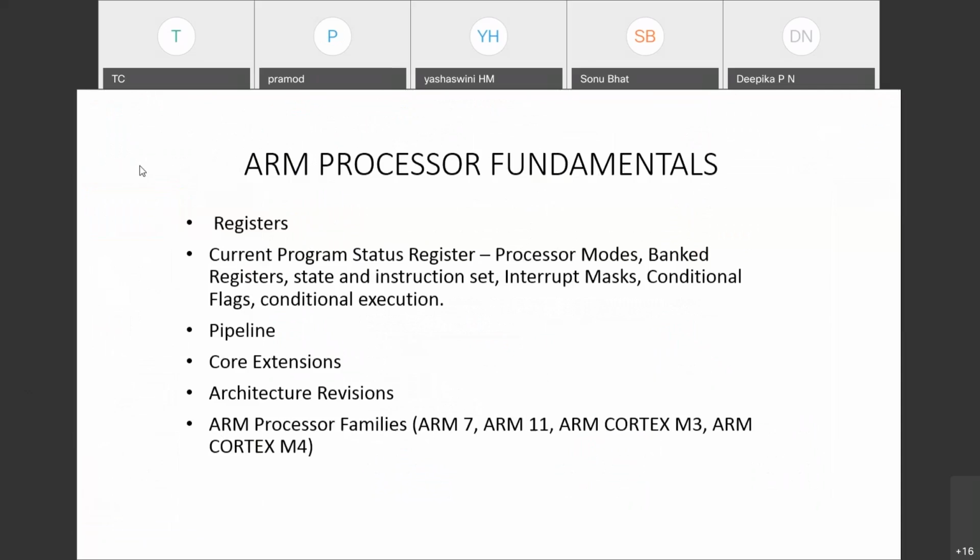We started with ARM processor fundamentals, and we have clearly seen all the different types of architectures, and the differences between RISC and CISC architectures, RISC in detail, and ARM processor in detail. That is the RISC design philosophy, the CISC design philosophy, and the ARM design philosophy. We are interested in the RISC design philosophy as well as the ARM design philosophy thoroughly, and we came to know what embedded software and embedded hardware are. The basic core is always the ARM processor.